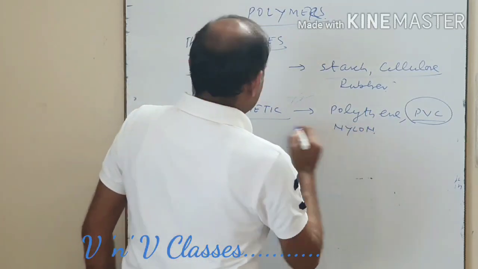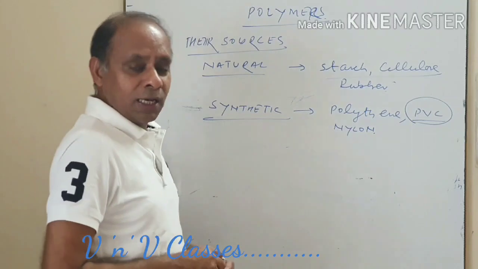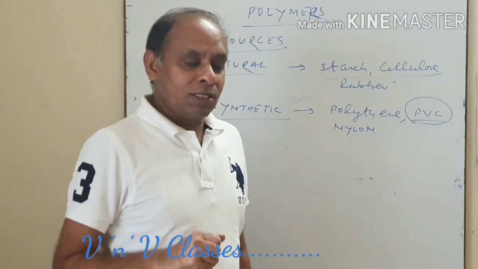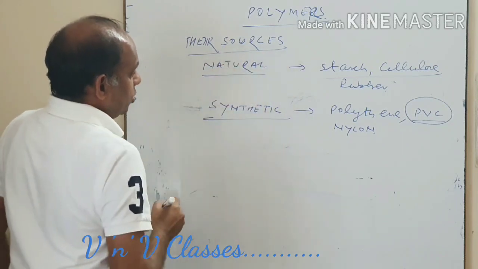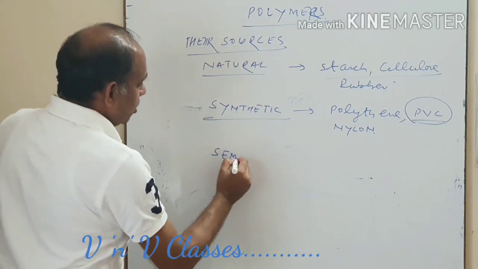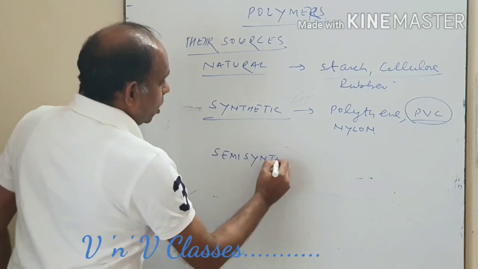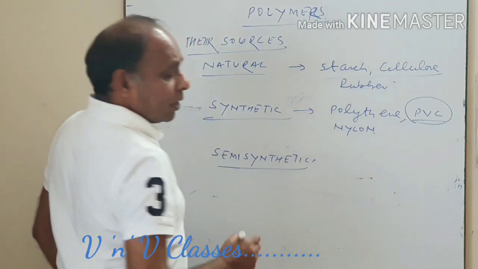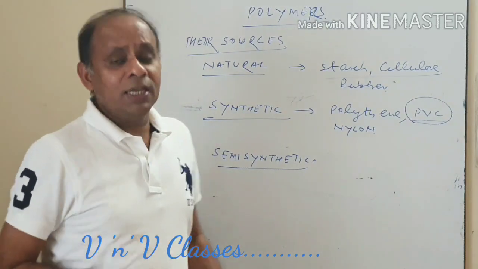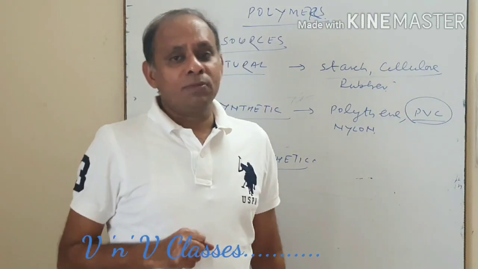This is also an example of synthetic polymer. Nylon, you find its various uses. And another class, on the basis of their sources, is semi-synthetic polymer. Semi-synthetic polymers are polymers which are natural in origin, obtained from nature, but